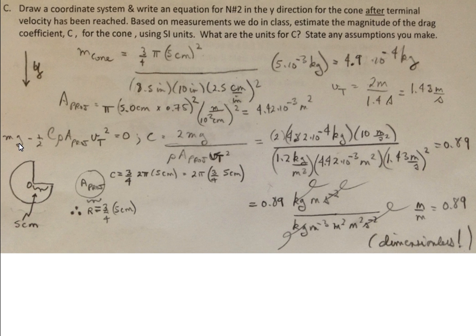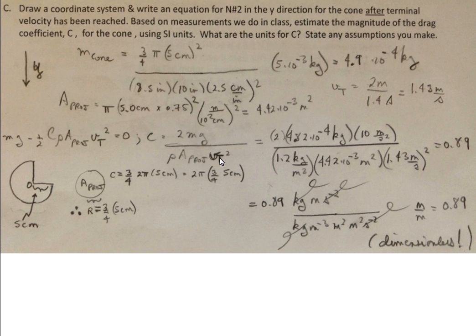So now, after terminal velocity has been achieved, using the second of the two free body diagrams on the other page, mg minus 1/2 c rho a projected vt squared is equal to 0. Since the net force is 0, I can solve this equation for big C. Big C is 2 times the weight of the cone divided by the air density times the projected area times the